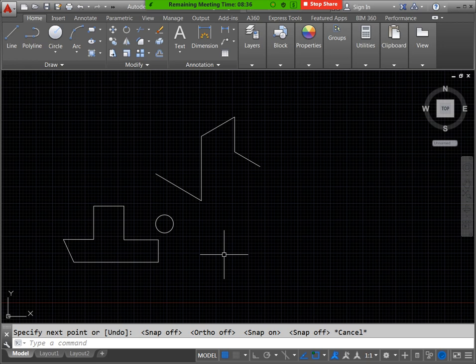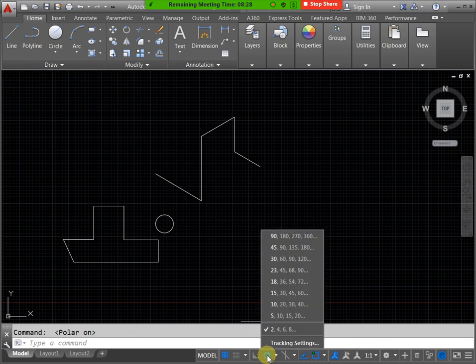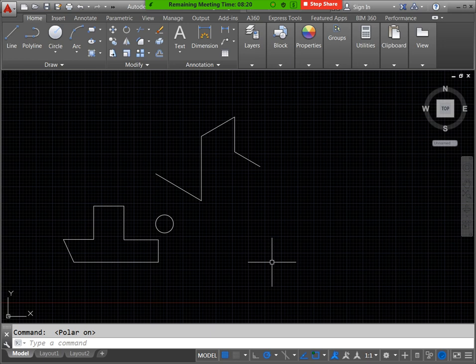Just you can see 0, 30, 90, you can see 60 also. Okay, all in multiples of 30 degrees, we can see our indication line. Just see our green color indication line is there, 120, 30, 90 automatically indicated. If you need 45, directly click here and mention 45: 0, 45, 90, like that. Clear?